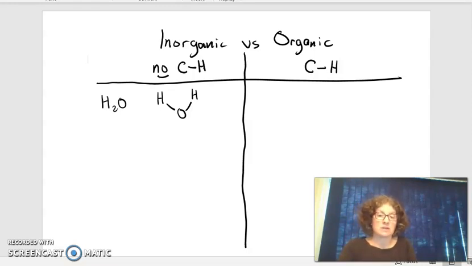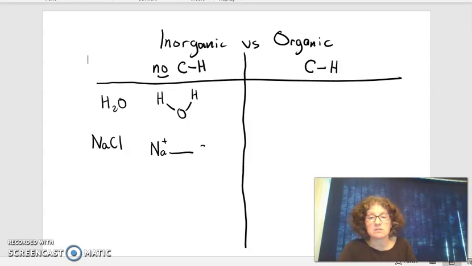Another good example of an inorganic compound that's still also important to life would be table salt, NaCl. So salts are also inorganic. They're a little bit different than a molecule like water because a salt is bonded not by the covalent bonds that you see here. These are covalent bonds connecting the hydrogens to the oxygen. With sodium chloride, you have ionic bonds. So very quickly what you have, it's a little bit different. You have ions that keep their charge that are connected to other ions by ionic attractions that are actually very